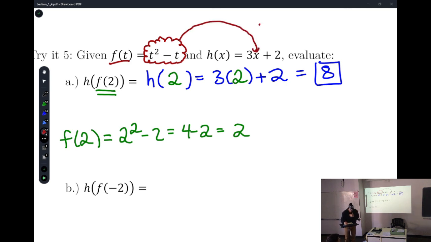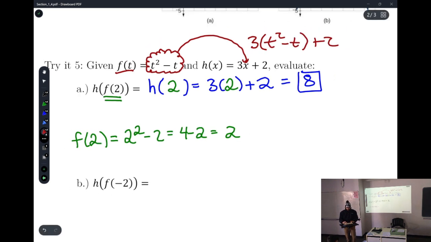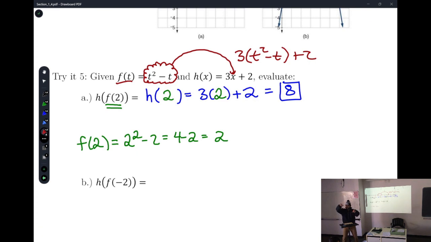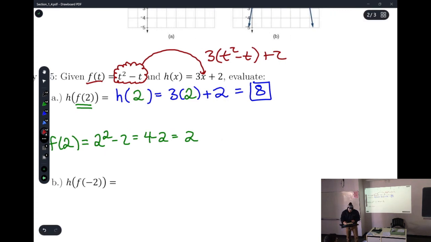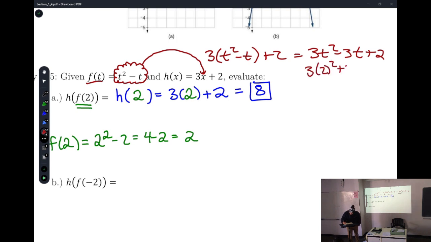Right there. And you could go 3t squared minus t plus 2, right? And then probably distribute that property. And you end up with, I said I wasn't going to do it, but I'm doing it anyways, 3t plus 2. And then you know what we're plugging into t? 2. And you end up with 3 times 2 squared minus 3 times 2 plus 2, which is 12 minus 6 plus 2, which is,